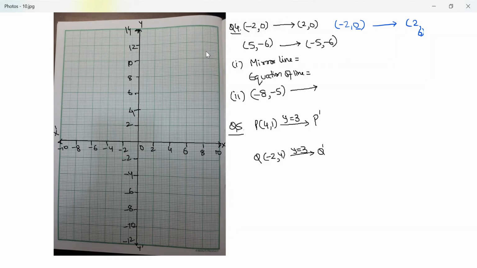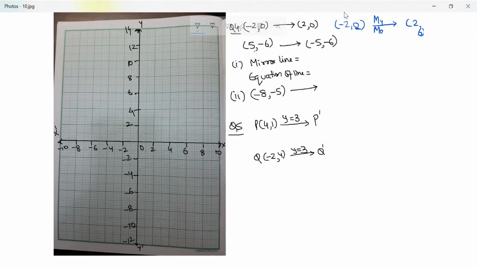Whenever we have 0, it becomes difficult for us to understand what transformation is happening, because it could be the sign of 0 is changing, but we can't figure out. But let's still see what it would be. Since the sign of x has changed, this could be My, because the sign of x changes when we reflect in the y-axis, or it could also be Mo, which means reflection in the origin, where the sign of both the coordinates change. Let's look at this second one, which is 5 negative 6 changes to negative 5 negative 6. I think this is a similar question to what we've done in our previous exercise, the last question from the previous exercise.